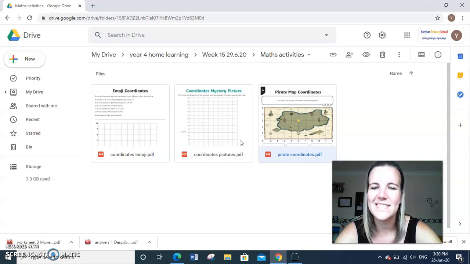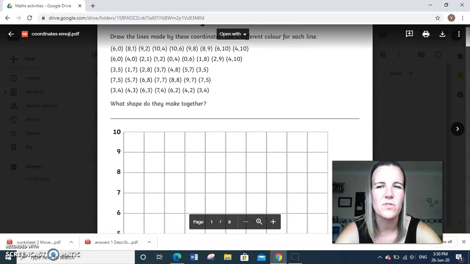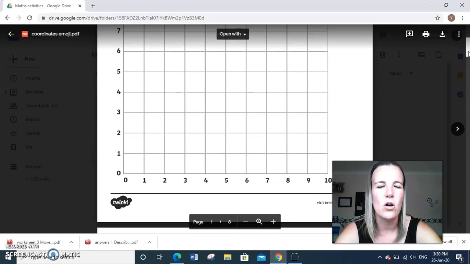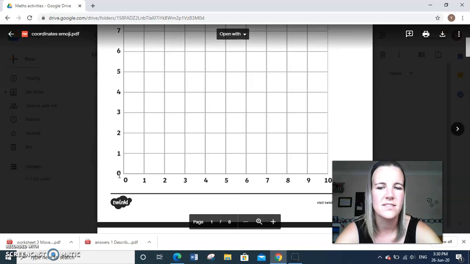The one that I think you're particularly going to like this week is this emoji coordinates. You've got a number of different coordinates at the top here, and they will join together to create a line. So you're going to plot them onto the grid first of all. So I can see 6, 0 is the first coordinate that I'm given. So I'm going to go along the corridor first of all to find number 6. And then I know that the other coordinate was 0, so I'm going to go up the stairs to 0